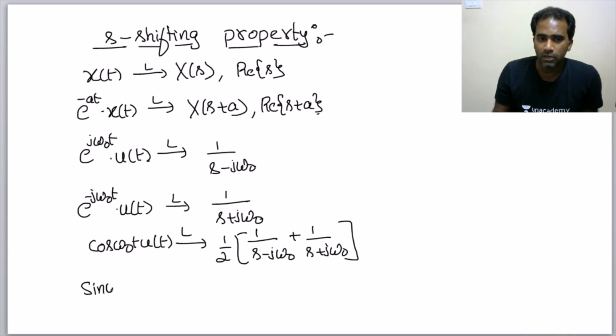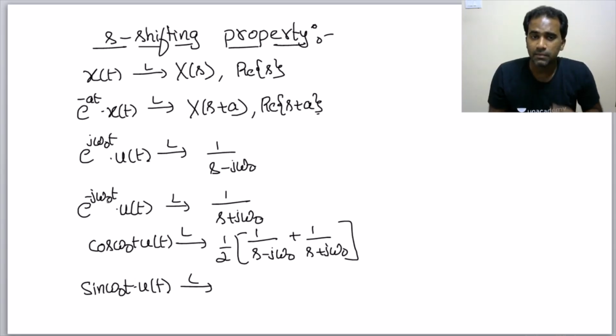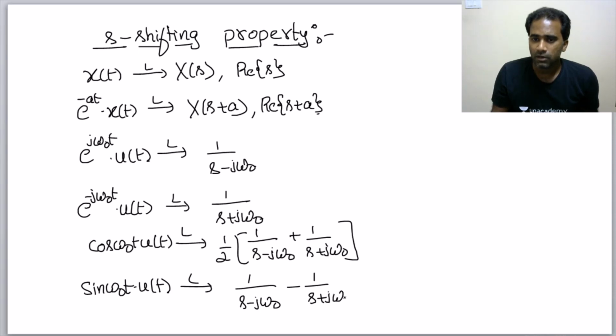Similarly, how about sin omega naught t into u of t? We have to use linearity property here, because sin omega naught t can be expressed as e power j omega naught t minus e power minus j omega naught t into u of t divided by 2j. A linear combination of these two signals results in sin omega naught t, so the same linear combination can be done for the corresponding Laplace transforms. The first term's Laplace transform is 1 divided by s minus j omega naught. The second term, minus e power minus j omega naught t into u of t, has Laplace transform 1 divided by s plus j omega naught, whole divided by 2j. In time domain it is 2j, in frequency domain also the same constant. So if you simplify this,